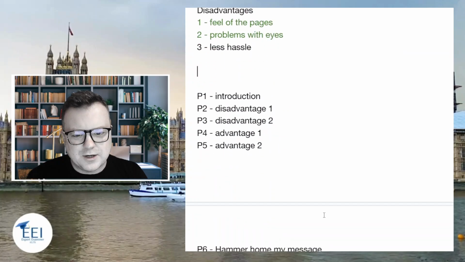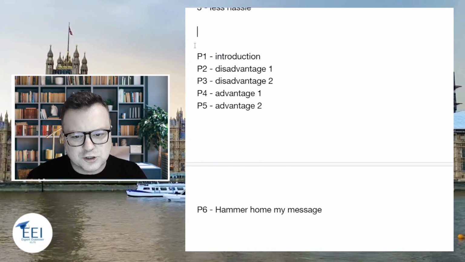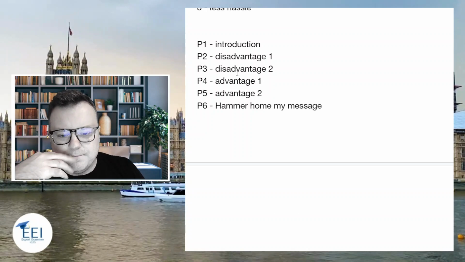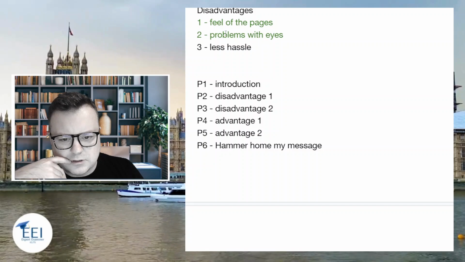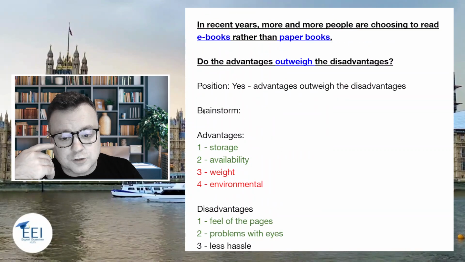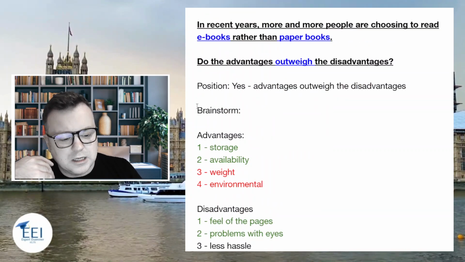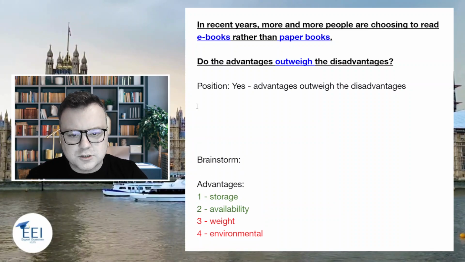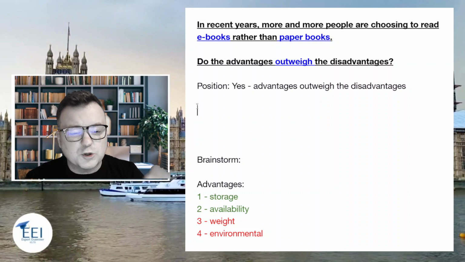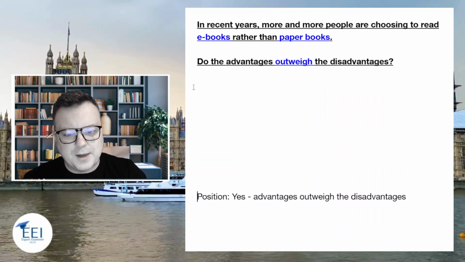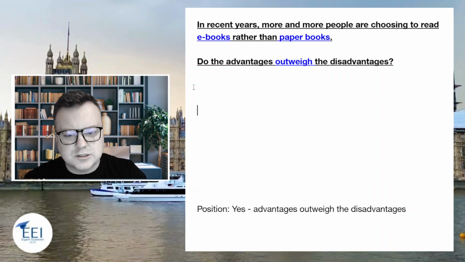Okay, so I have my structure. I know what my structure looks like. Great. So I need to choose order. I'll just go with this order. So first I need to write an introduction. Now in my introductions, I like to give a bit of background information about the subject first. So background information, what is the subject here? Really, it's reading, isn't it? The background subject is reading. So let's say